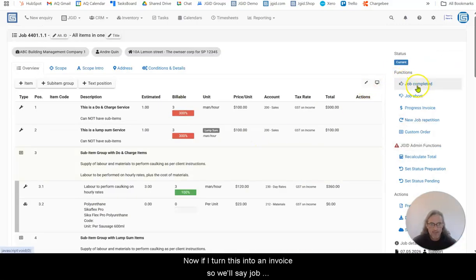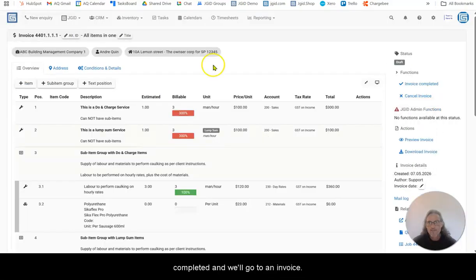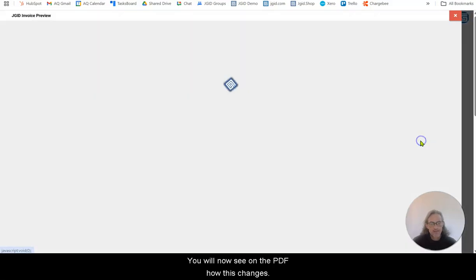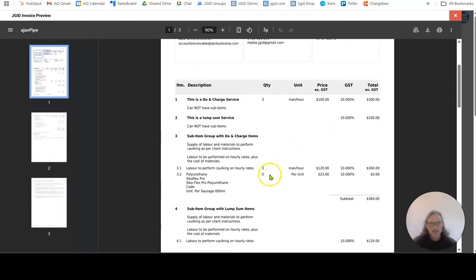Now, if I turn this into an invoice, so we'll say job completed and we'll go to an invoice, you will now see on the PDF how this changes. So you've got here the do and charge service. It now added 3 times 100. Same down here, we've got 3 times 120, gives us 360,